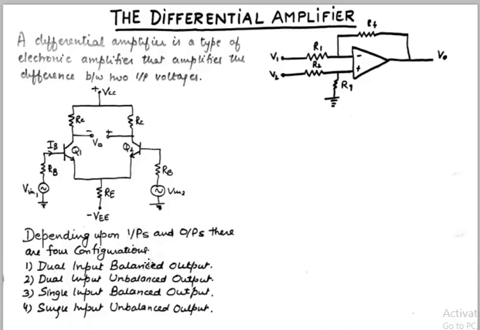One is the dual input balanced output, which is this one, and the dual input unbalanced output will have just one output gone, so we'll take output from just one terminal. Single input balanced output will have one input gone, but output will have two terminals, both from Q1 and Q2, and single input unbalanced output will be just single input and single output. But in this video we'll talk about the dual input balanced output amplifier's